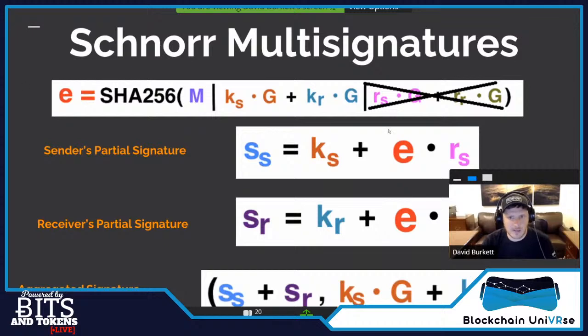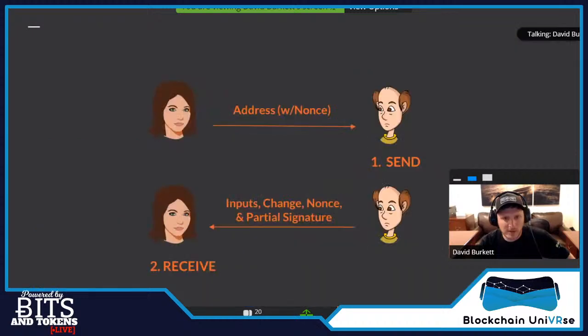So, everything else is the same. It just removes a little bit from this E value, the calculation of the E value. And what it ends up looking like is, so Alice can just send her address and her public nonce, which is that part that normally she calculates during the receive step. She now just gives it as part of her address. And then Bob can send to that as many times as he wants. But he generates his own nonce and his own keys for it. He adds his inputs and his change output. Basically everything you need for a transaction except for Alice's part of the signature and her output. And he gives that to Alice.